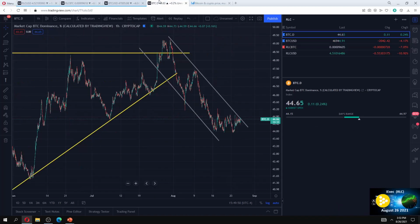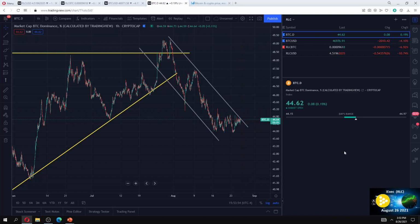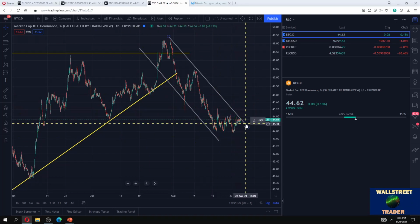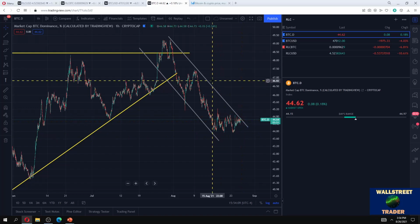A couple of other things on the Bitcoin dominance pair. This is where I think we might start to see a potential overperformance of Bitcoin, whether it goes up or down, relative to the altcoin market. So if the Bitcoin dominance pair starts going up and Bitcoin goes down, that means altcoins will go down even more on a percentage basis. We have to see how this plays out, but we're still in the channel. We should start to go down again, but